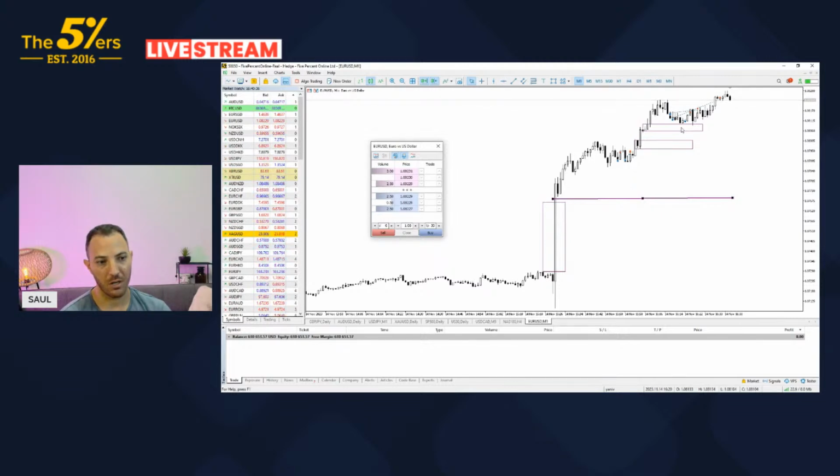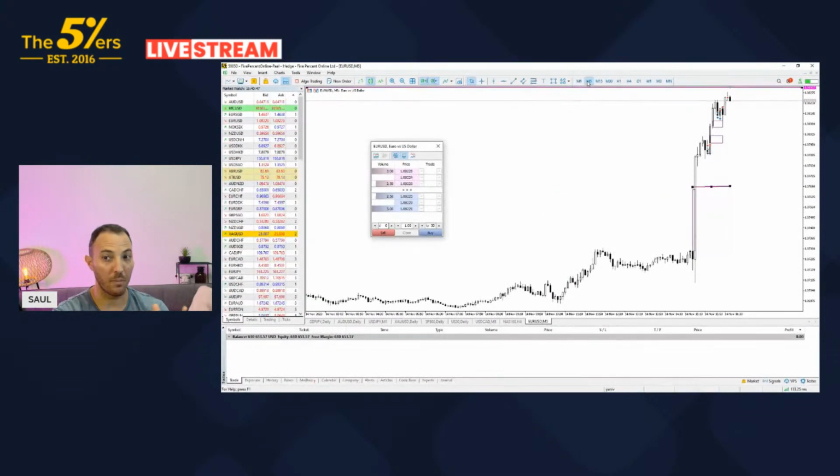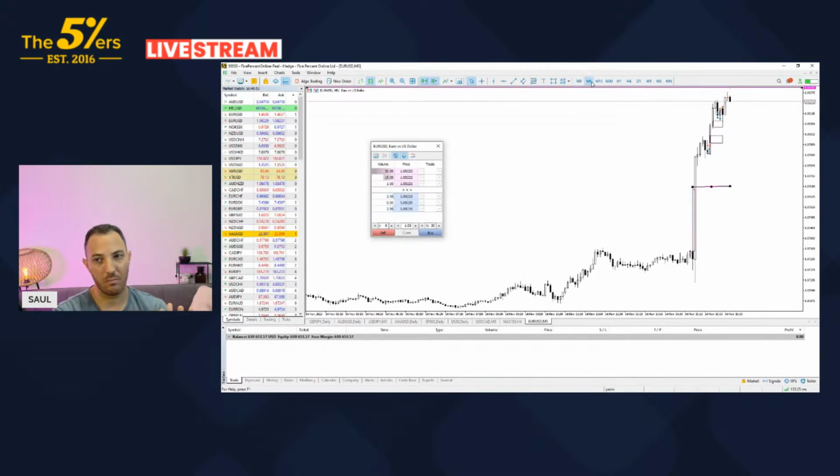Same trade, 5-minute chart. Henry, yeah, good. You can trade your setup. You can execute your setup on any time frame. I just do it on a 1-minute chart because the price action is clearer. But it's all good if you do it on any other time frame. There's no better or worse.